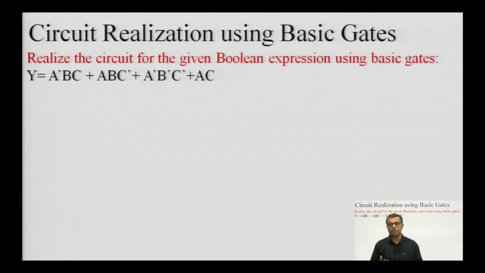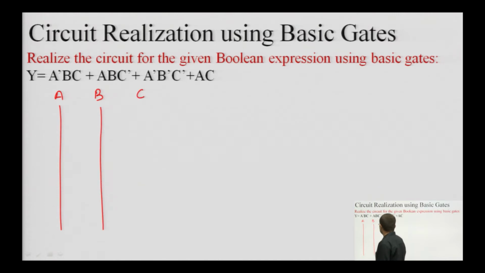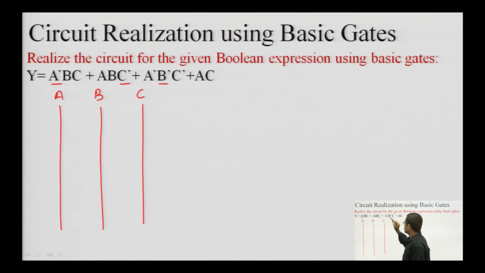So, we cannot proceed in a random manner, using components on a need basis whenever a variable or its inversion or a product is required. We have to think carefully, so that a systematic circuit is prepared. First we see how many variables there are. There are 3 variables A, B and C, so I draw 3 vertical lines A, B and C. Then I can see from the expression that A bar, C bar and B bar are required. That means all the inverted versions of the variables are also required.